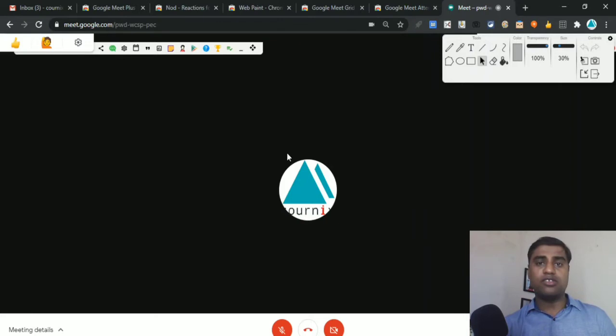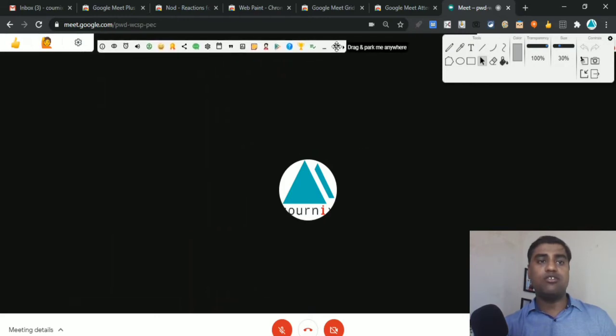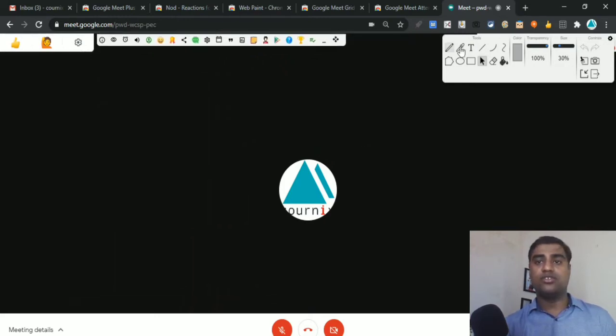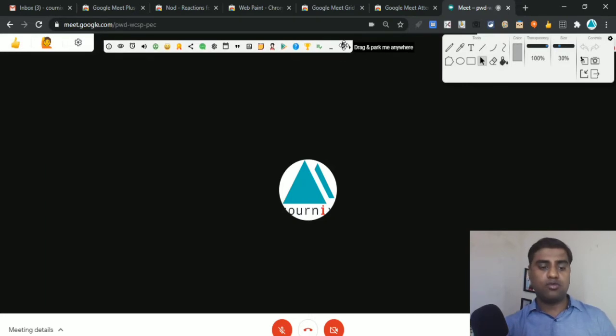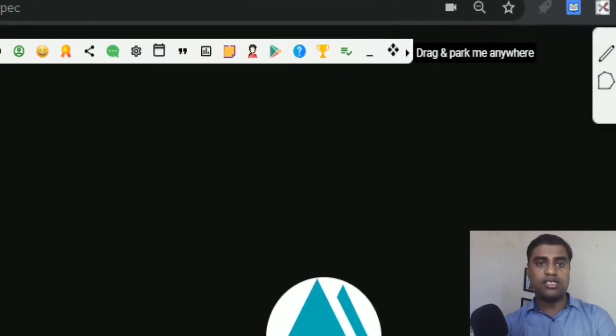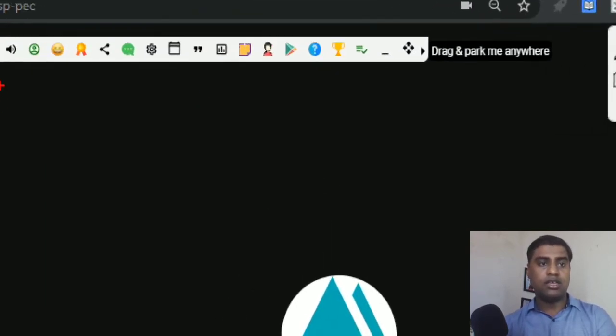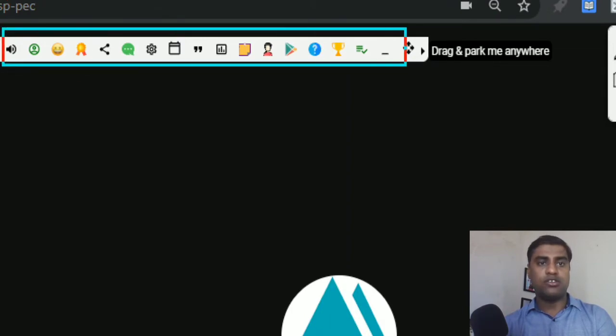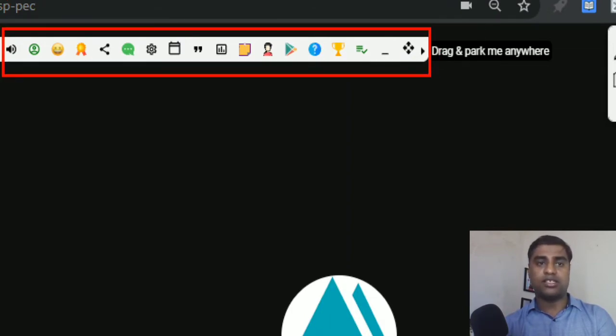So once your browser will be started and meeting will also start, you will find these 3 extensions have changed the layout of your meeting a bit. So these kind of things will appear here. I will cover them one by one. So I will start with the first one. This is this window which I am going to highlight for your convenience. Yes, this window, this one is because of Google Meet Plus.